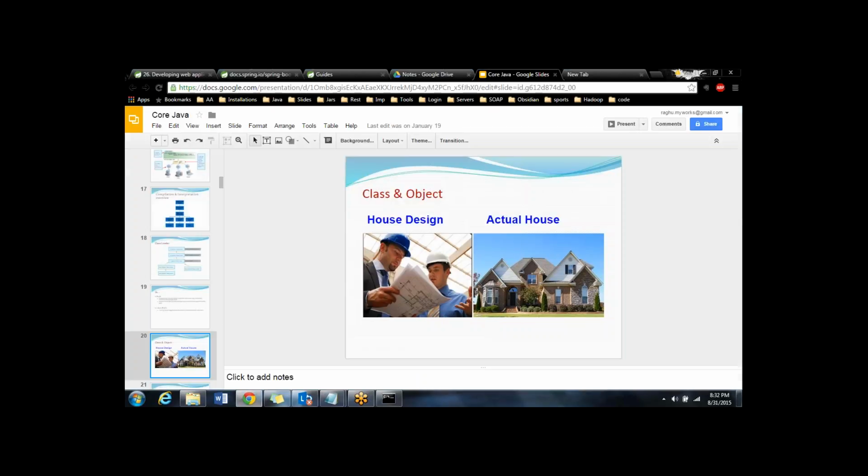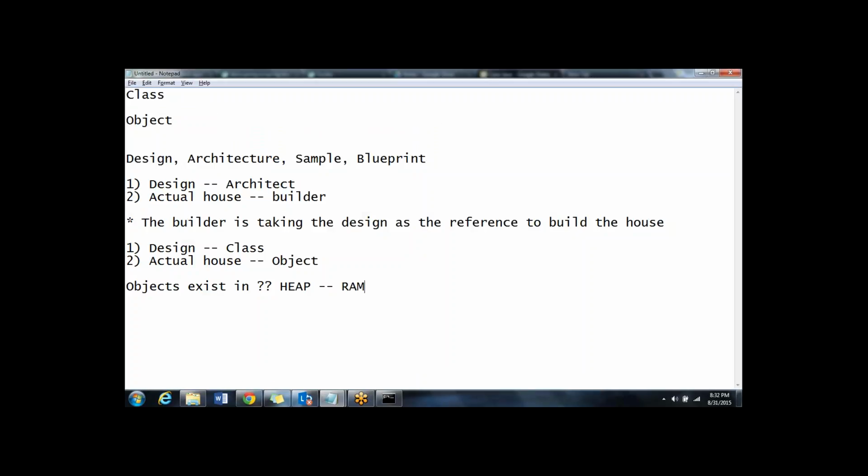If you go deeper, say you have a 4 GB RAM, and in that you give 1 GB for Java. In that 1 GB, let us assume that Java will split different memory locations, like a heap will contain 512 MB. In that 512 MB, there are certain internal sections, and all the sections will contain a specific type of data. So there is some location on the RAM called heap where all your objects that are built by Java will be stored. Okay,